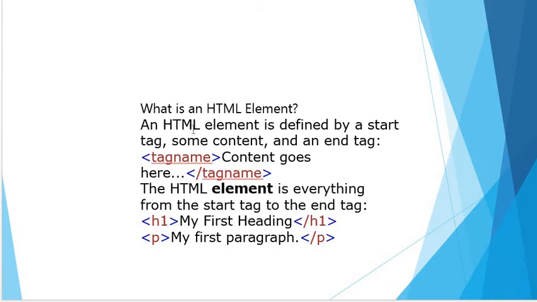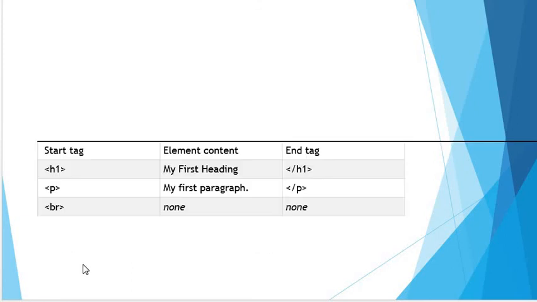So what I told you is that this is an html element defined by the start tag, some content, and an ending tag. For example, the tag name here can be html, content, or body, where content goes here like this and closes with the tag name. So these are all tags: h1, p, everything is a tag over here. h1 is my first heading, and its ending tag is forward slash h1. p stands for paragraph, with the closing one. Break: we have some tags with no ending tags, a self-closing tag. No need to close it.